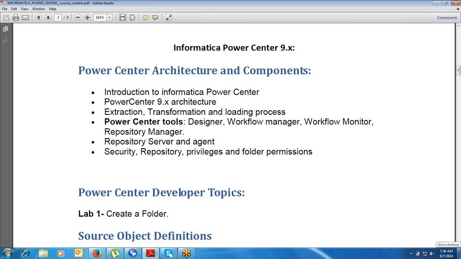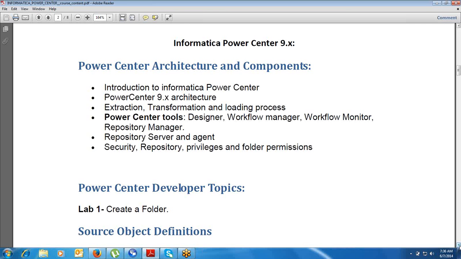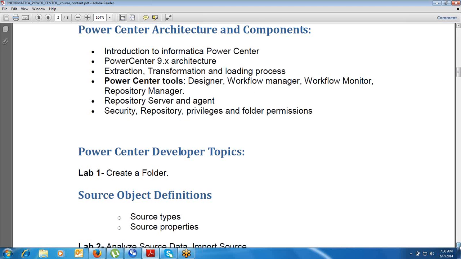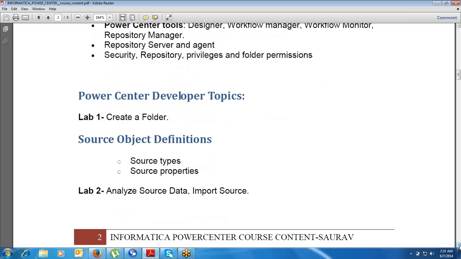And moving ahead, we will learn the developer topics, because we want to learn development through Informatica. There are development tools and there is an administration tool. The administration tool will go ahead with the support side, and the developer tools like PowerCenter Designer, Workflow Manager, and Workflow Monitor will go ahead with the developer topics. With the developer topics, whenever any new person has joined a particular development team, we need to create a folder for that user, and we see how to use the shared folder.